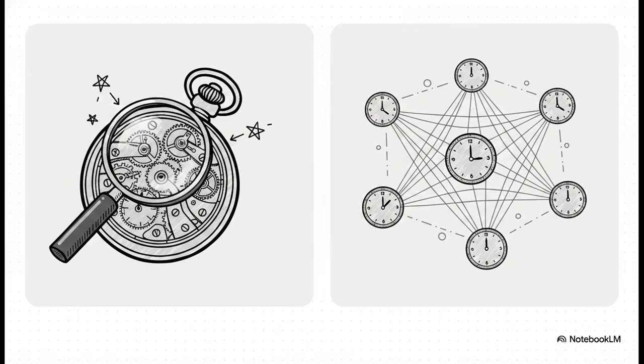Now let's take a quick second to contrast formalism with structuralism, which is a related theory it actually inspired. It's a really vital distinction for you undergrads to make for your exams. While formalism looks at the specific, isolated gears of one single watch, like say the symbolism in one specific folktale, structuralism looks at the broader concept of timekeeping across all of society. Structuralists zoom way out to look at the massive underlying systems and recurring narrative patterns across hundreds of different stories.